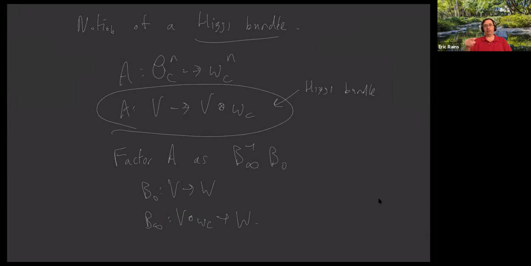Because after all, we can factor through V tensor omega C twisted by the appropriate line bundle. So we can always do that. So we can just take B infinity to be the V tensor omega C maps to omega C twisted by D. But okay, so now the problem is there's too many of these factorizations. But there's a unique factorization